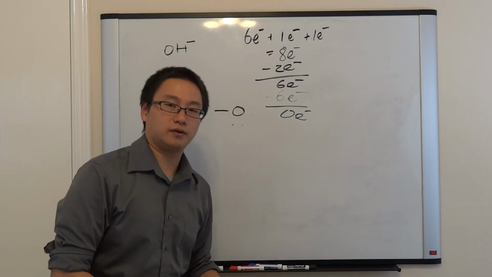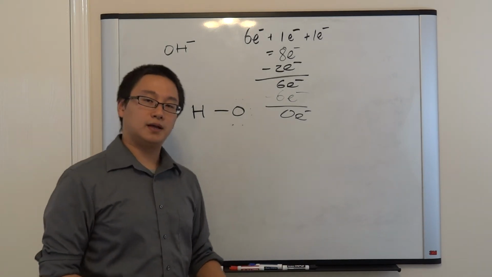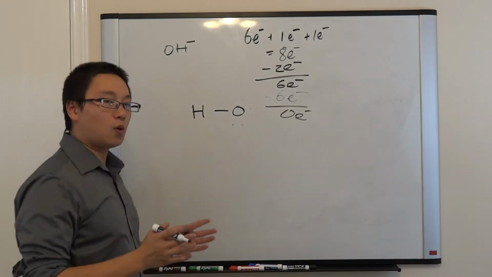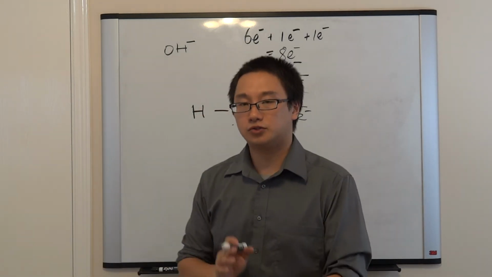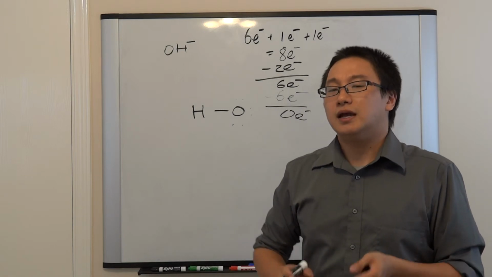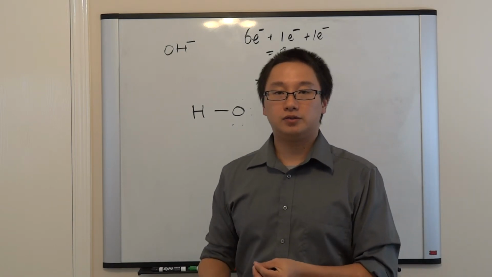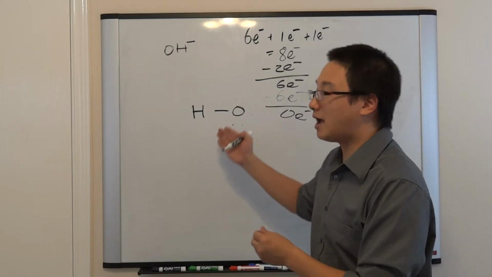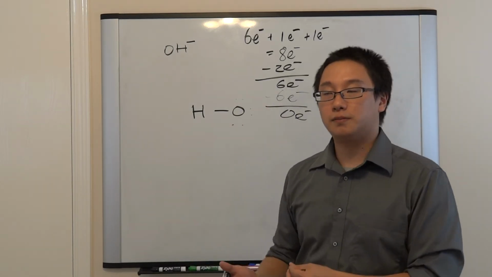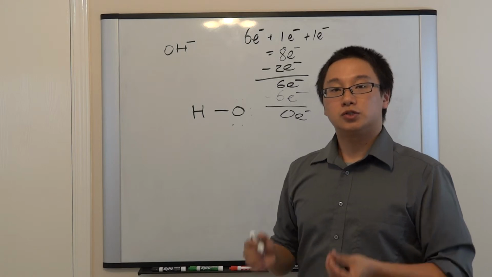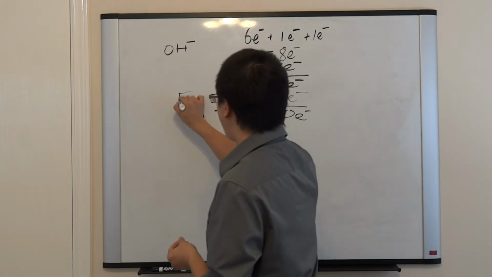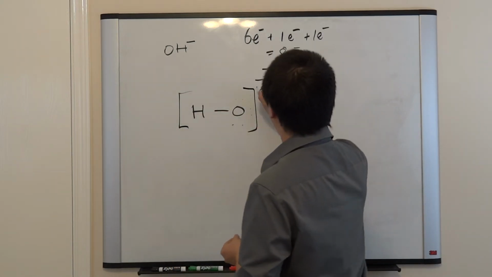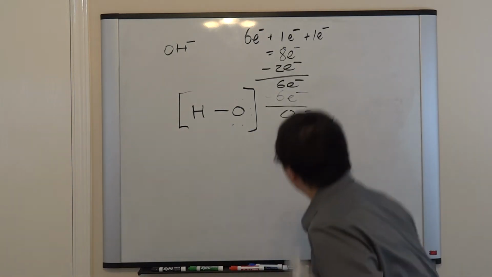Now, are we done here? Well, not yet. Because if you look at this one here, it is more like a molecule with oxygen and hydrogen, the octet, but it doesn't show that it's an ion. So in some way, we have to show that it is a hydroxide ion rather than a molecule between oxygen and hydrogen. So to do that, this is why we put a bracket next to it,